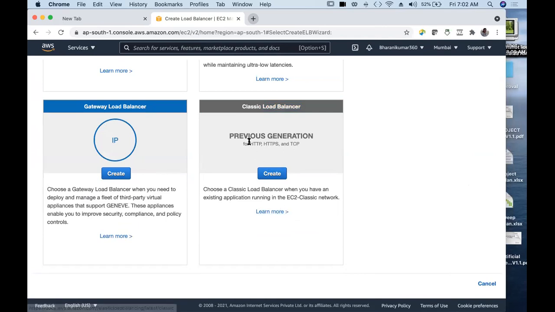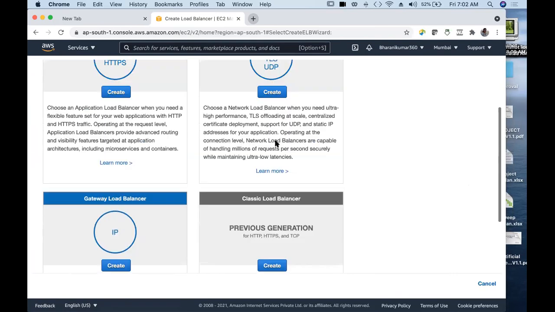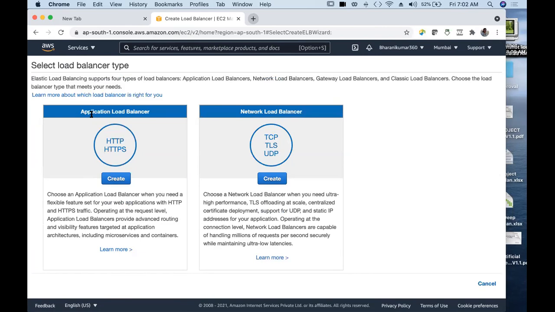Classic is the old one which handles HTTP, HTTPS, and TCP traffic, and it does the job. It distributes the traffic among the servers, and it does health checks, and that is the job of a load balancer. And then this classic load balancer has been upgraded into application load balancer, which handles only HTTP and HTTPS traffic, and network load balancer, which handles TCP, TLS, and UDP traffic.